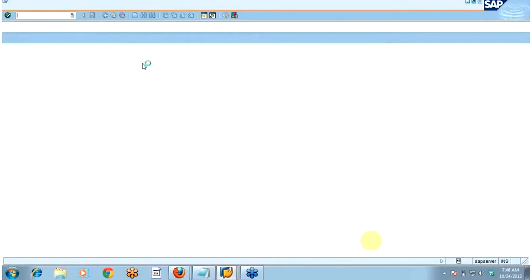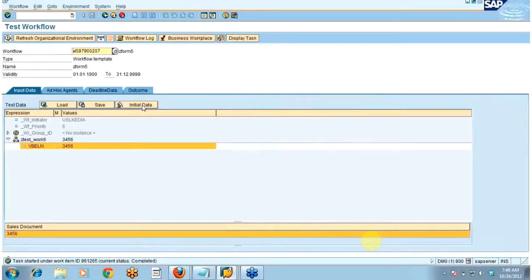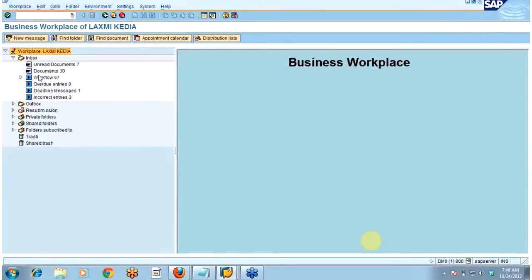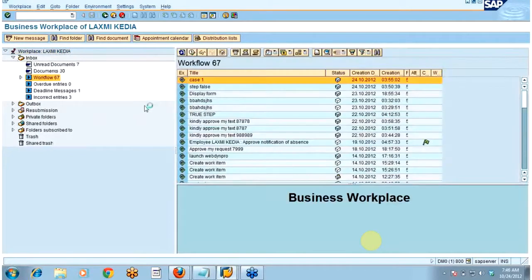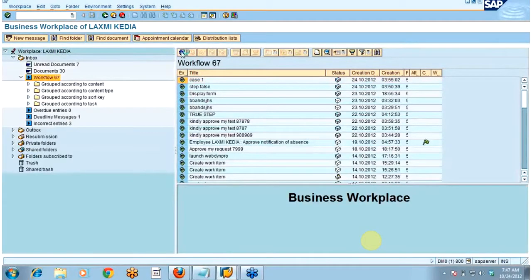Now I will go to the business workplace. In inbox, in workflow, okay, that has got actually executed. So again I will have to execute it.